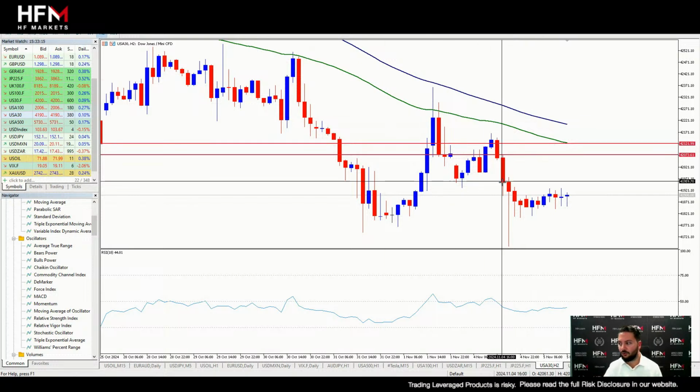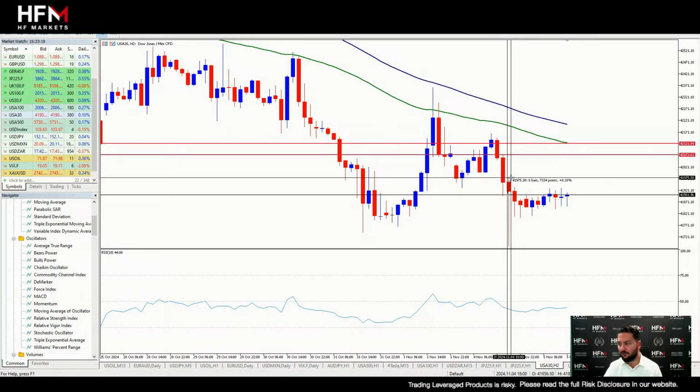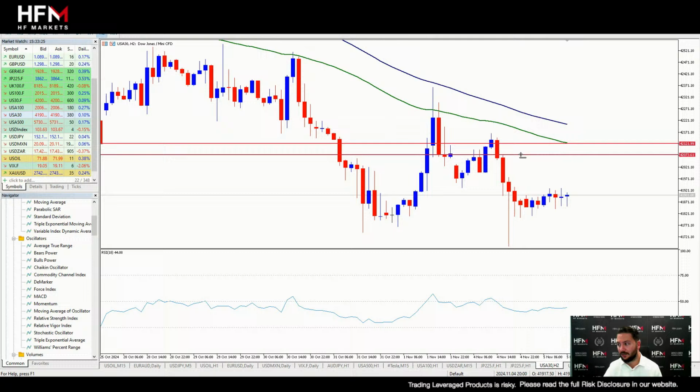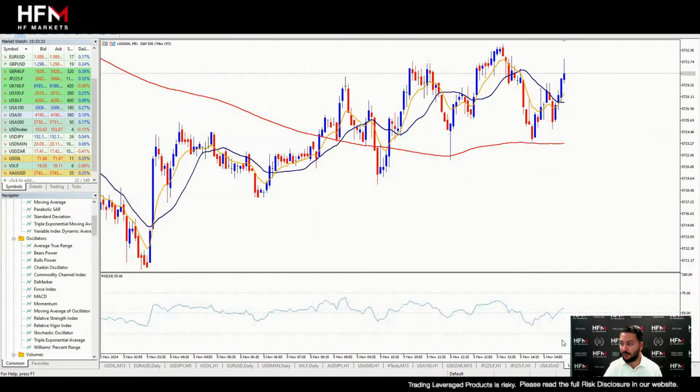Alternatively, we can look at an ultra short-term trade, in which case something very traditional is anywhere between 0.15% to 0.20%. That's something a lot of people do within the market, in which case we're looking at this being our take profit. But where are we going to get that trigger, ladies and gentlemen?